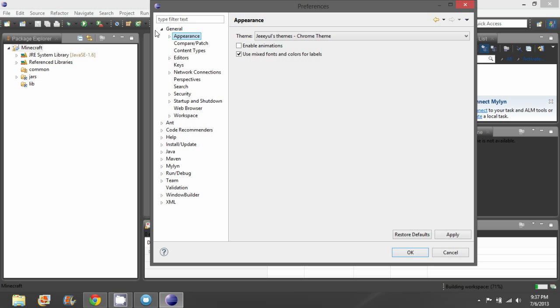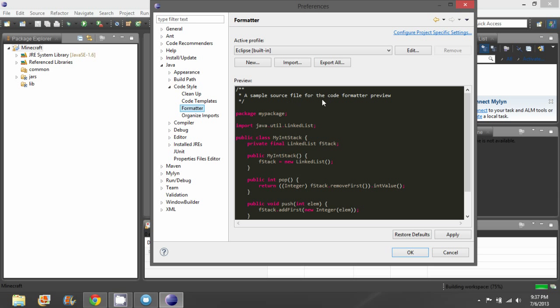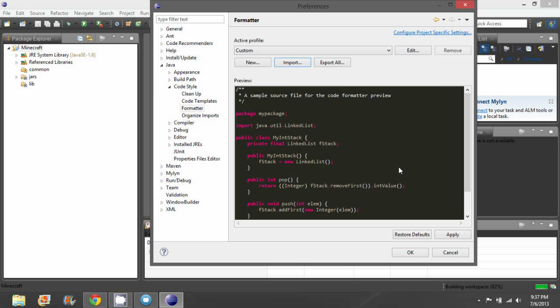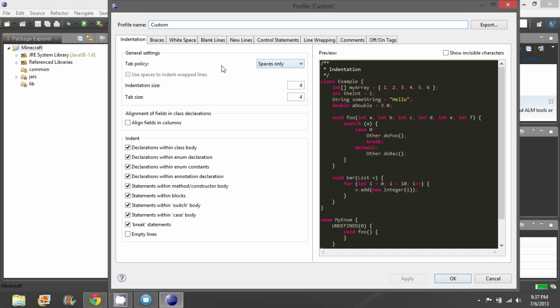Anyways, window preferences, I'm also going to set up the Java code style formatter. I have a specific formatting I like, so I'm just going to import that. Okay, and edit it so you can see what it does. The only thing I really changed is I changed tab policy to spaces only. Spaces are always going to be the same size, however a tab would look different depending on the operating system.